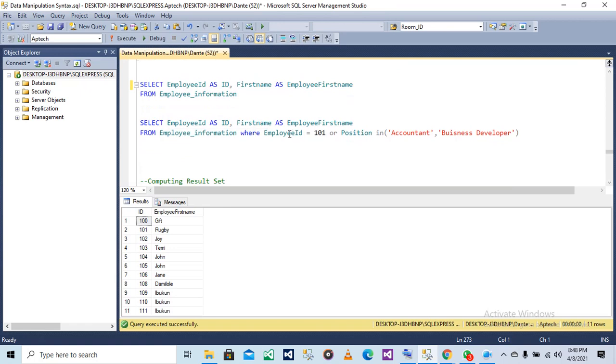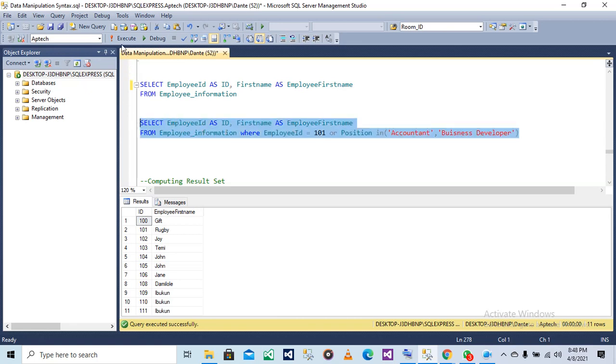See, I used it alongside some other operators. Select employee ID as ID, first name as employee first name from employee information where employee ID is equals to 101, or position in accounting or business developer.